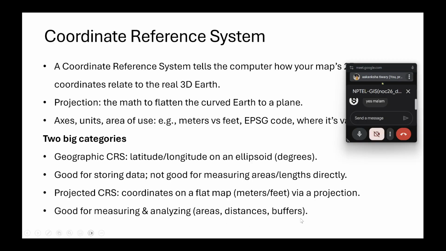or distance or buffer. Okay, so this geographic coordinate system is very good for storing data, because you only have these two values, latitude and longitude, but it is not good for measuring areas or lengths directly. So we saw, while we were creating buffers, if the coordinate is geographic, then it was making a buffer in degrees, so that was not good. So always we have to project it on a flat map and then analyze area or distance or create buffers. Okay,